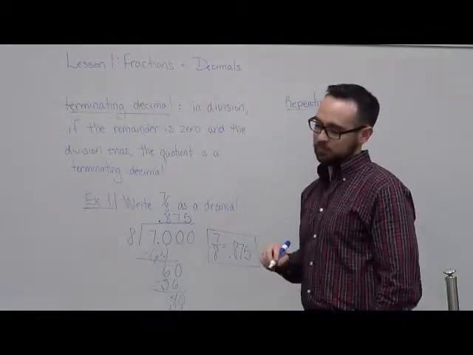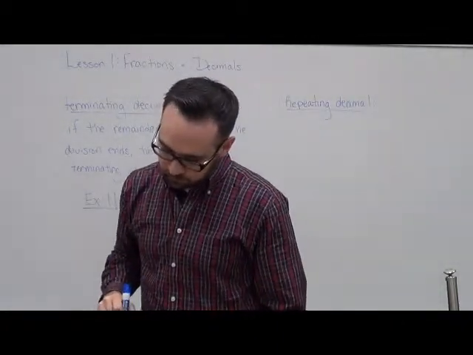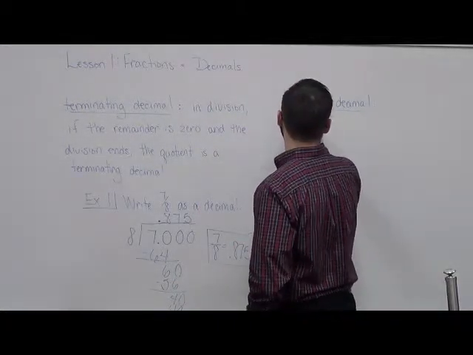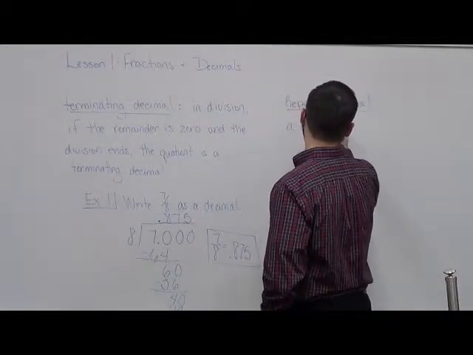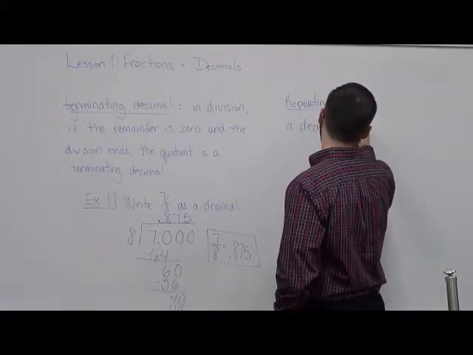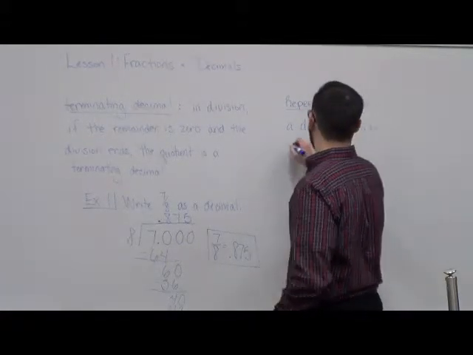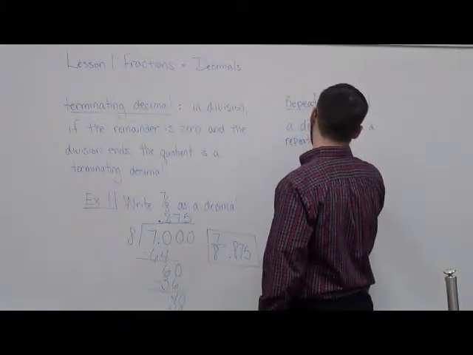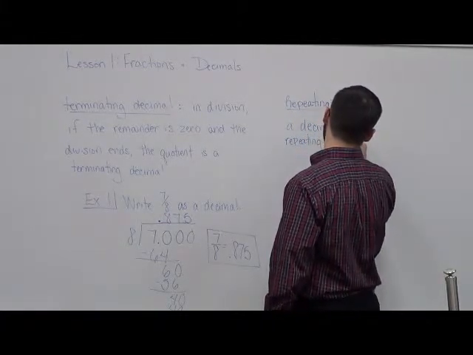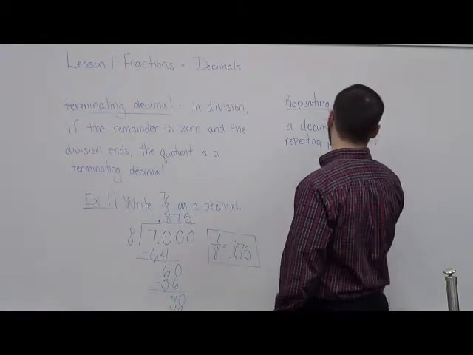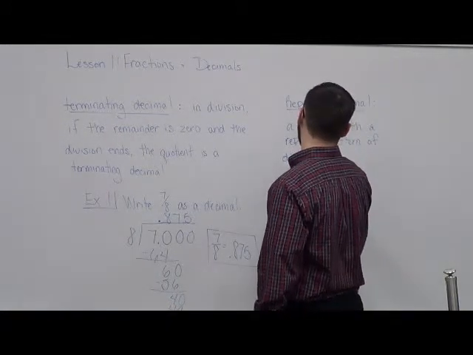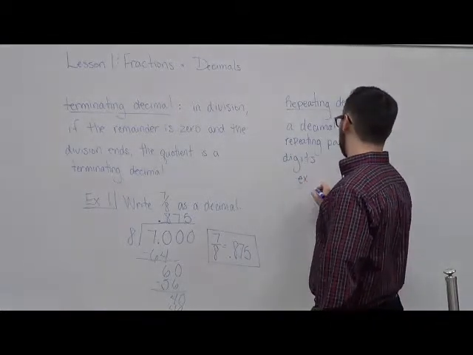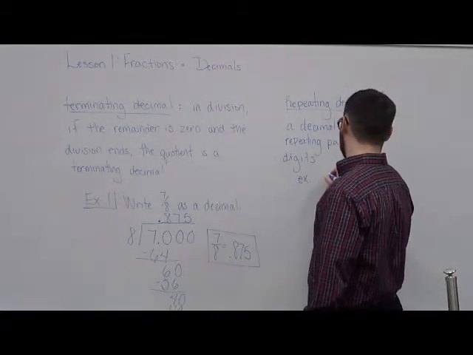A repeating decimal is a decimal with a repeating pattern of digits. So for example, it could be